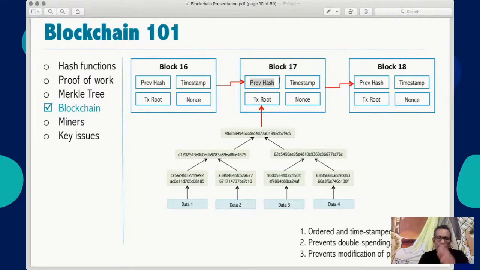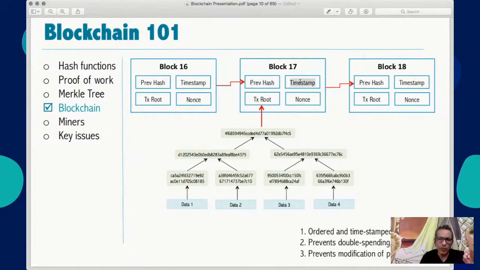Previous hash, that means hash of the previous block. Timestamp, which is the time of this particular block. Transaction root, which represents the Merkle root of all the transactions in this particular block. And finally the nonce. That same example that we saw earlier in an email, imagine the same thing happening here in the block. So whatever block 16 header is, this data concatenated and hashed becomes this, so that every block knows what is the hash of the previous block, so that if someone tampers with it, we can immediately identify something has gone wrong.